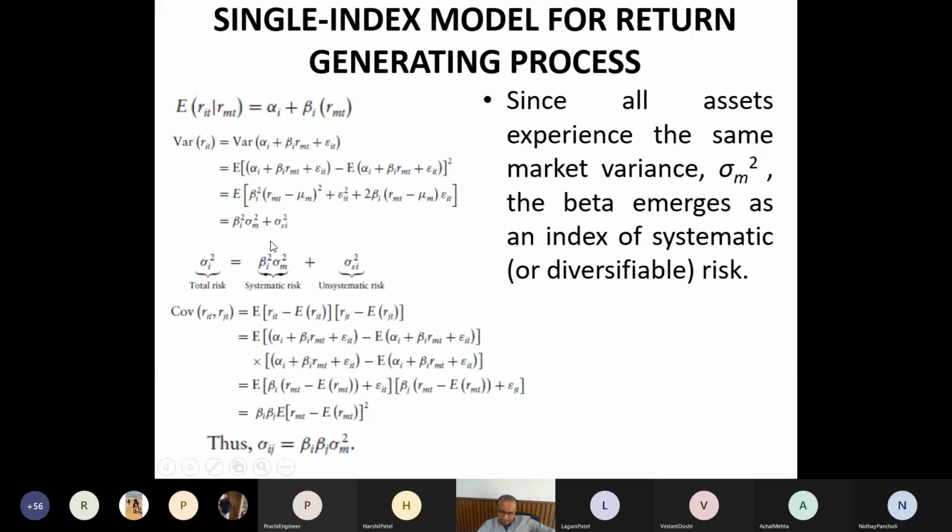So remember, the equation of expectation means mean value, variance and the covariance, which will always be there. So sigma I square is again having two components: beta I square sigma m square plus sigma epsilon I square. You can see in expected return we have only two components, but here we again have two components, but it involves this term epsilon I square, unsystematic risk.